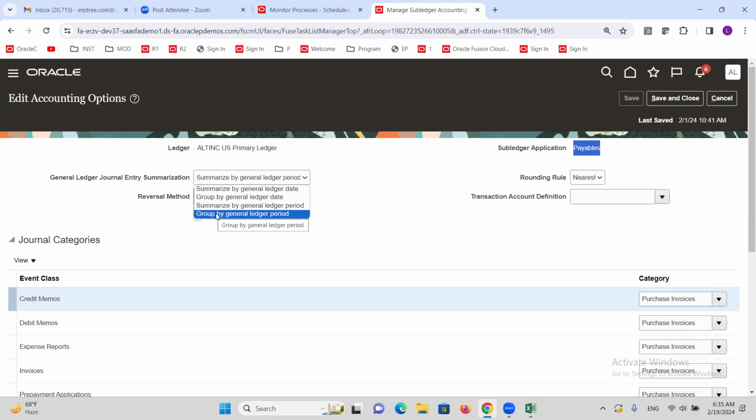See, grouping means it will be grouping, deciding whether it has to create separate journals. Let's take the month of February. You have a few transactions. Group means it will create separate journals. In summarized by general ledger, wherever it is going to create the transaction,